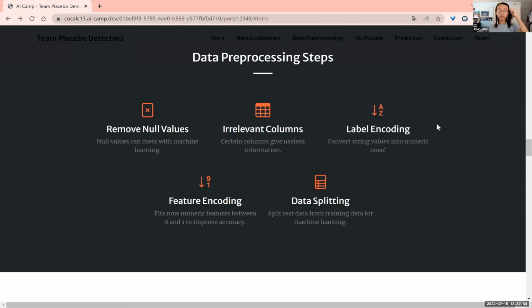Okay, so before we attempt to train machine learning models, we first have to clean up our data through pre-processing. We have to remove null values and irrelevant columns first. Within our data set, there are two columns which we have to remove: one due to having too many null values, another due to containing only one unique value, which provides basically no useful data for